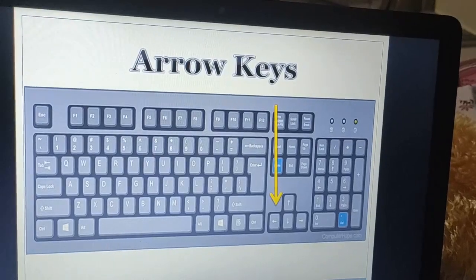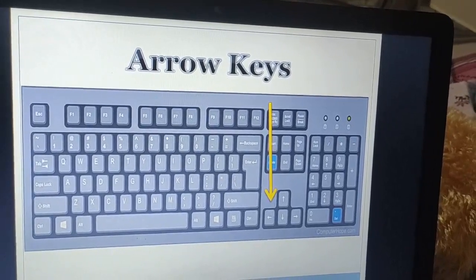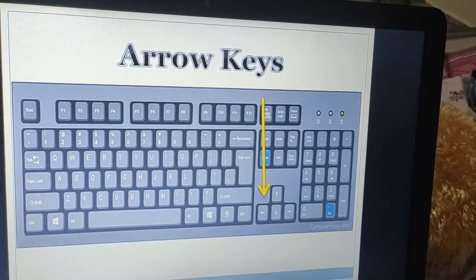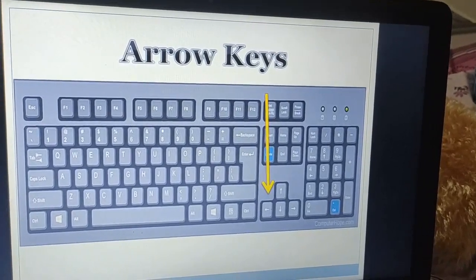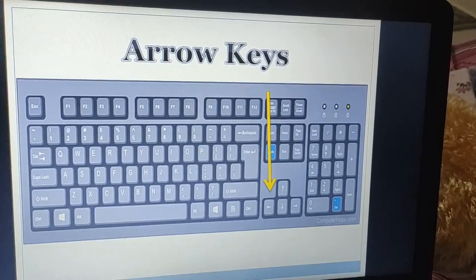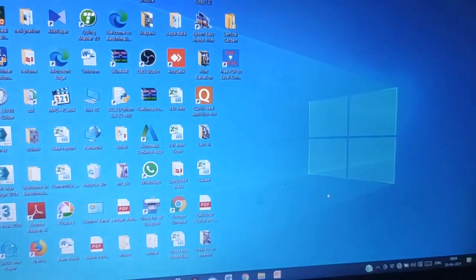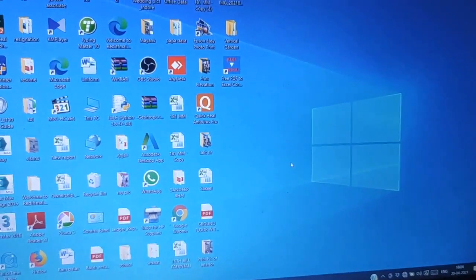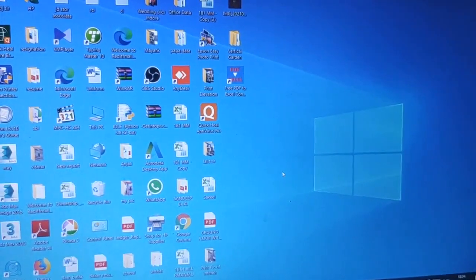Now, dear children, let us use all these keys which we have learned step by step to prepare the shopping list, and we will see how these keys are helpful to make a good shopping list on computer system. To prepare the shopping list, dear children, I am just opening a program Notepad. In that we will type a shopping list.